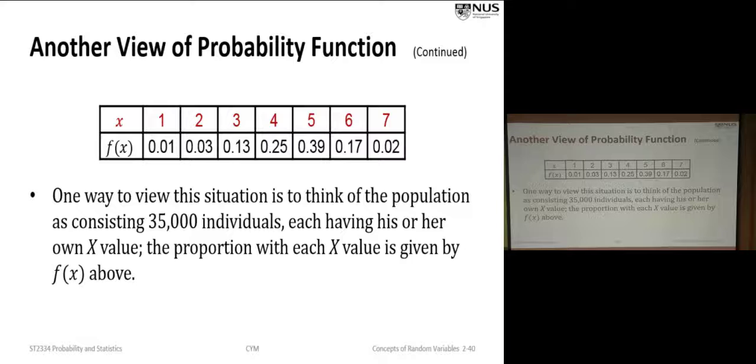I can do it this way. So what I'm saying is that getting a head, x will take 1 and tail 0. And the probability, okay, let's put this as p. This is 1 minus p. So the expectation of x is 1 times p plus 0 times 1 minus p. So the answer is p. So I expect the number of heads that I got will be p.